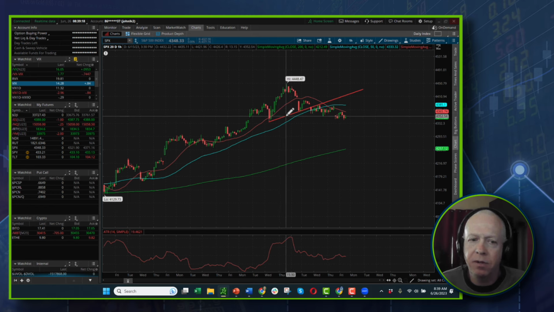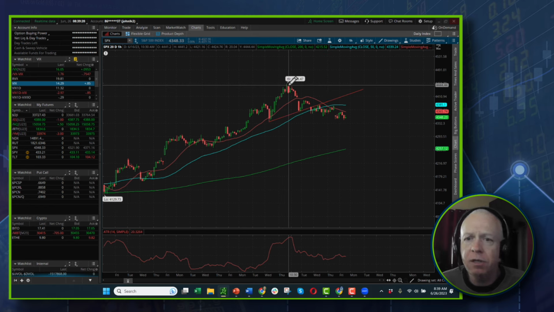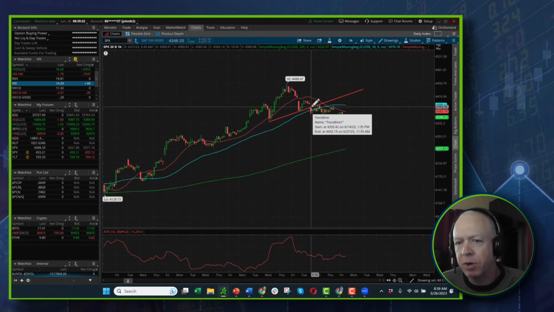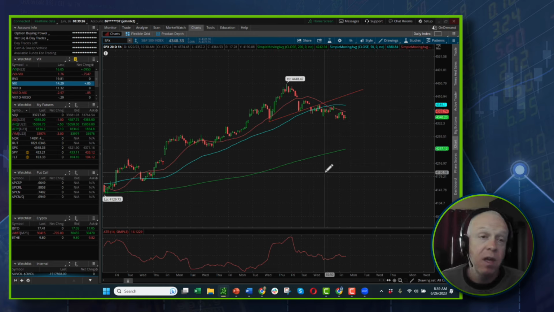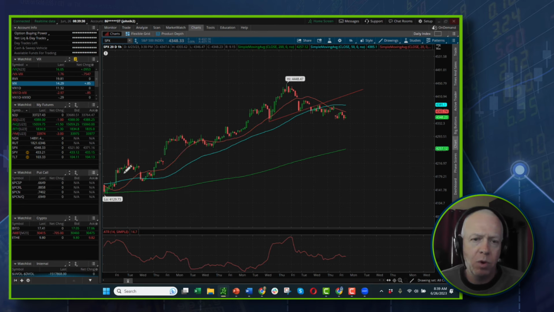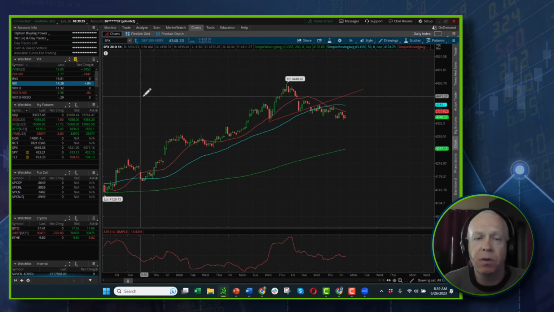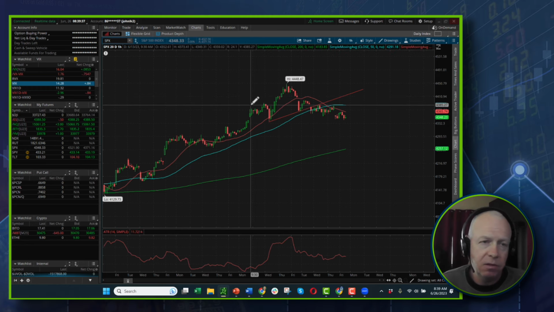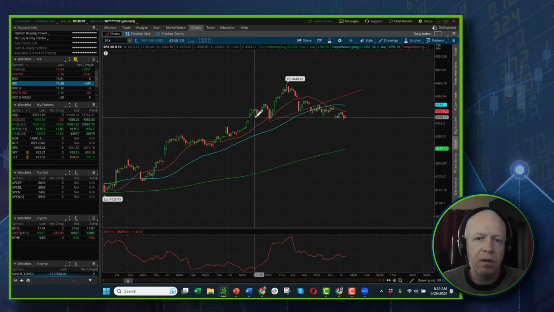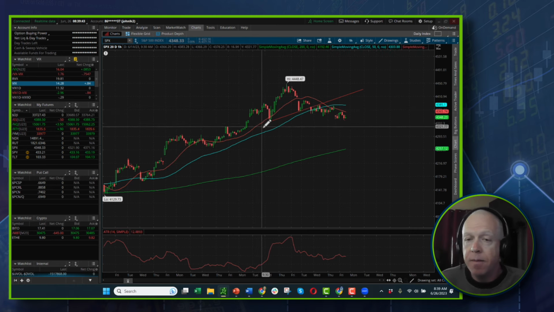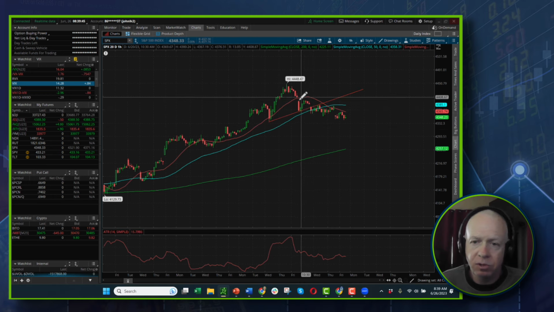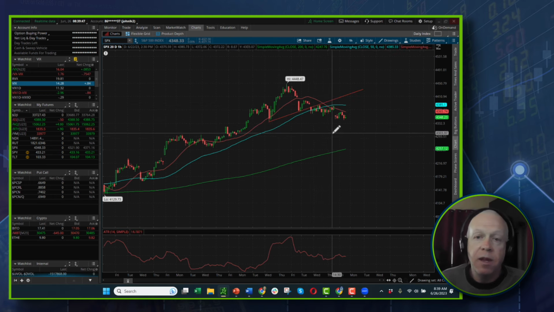So I'm going to measure it from here to here. I'm going to see what that is. I'm going to call this my breakdown point. I'm going to take whatever that measurement is and bring it back down to here. And in the shorter term, I want to see how this ties in with other more important levels from the past. Because when we start talking about price patterns, we have different time frames, and our longer term time frames are more important than our shorter term time frames. But this is our head and shoulders pattern. This is our confirmation.